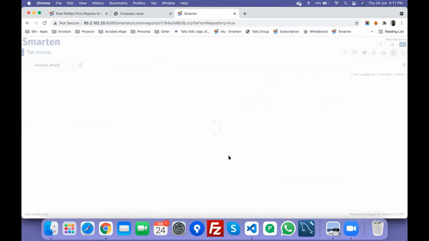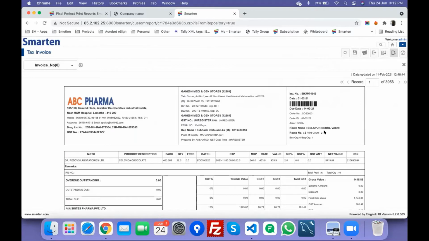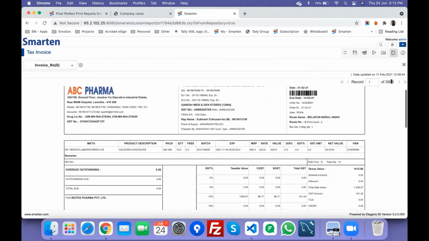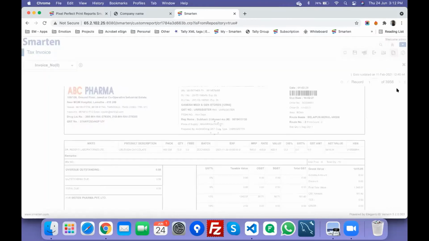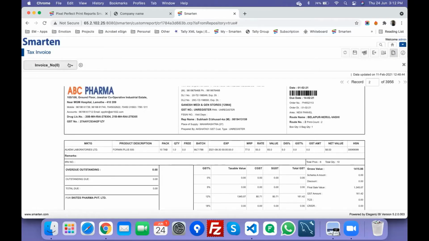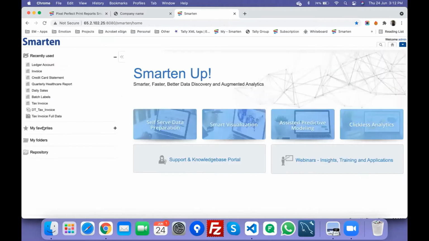Your tax invoice is generated with your logo and barcode, and there are say 4,000 invoices here. You can navigate, you can filter by invoice number from the top. You can add other filters like customer names as well, as you can imagine. And you can publish and export.